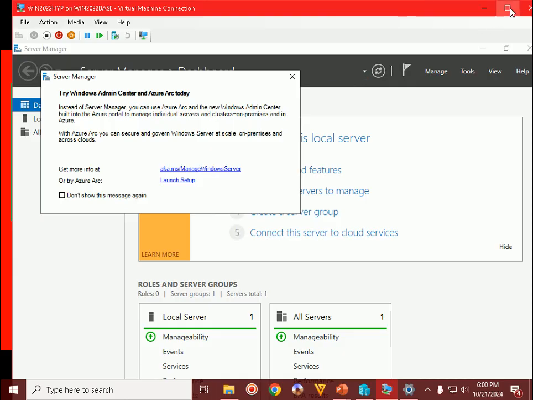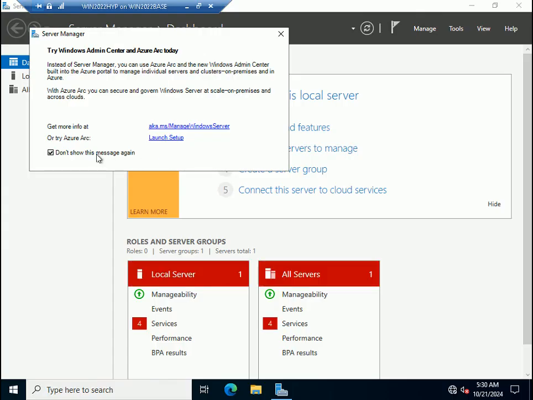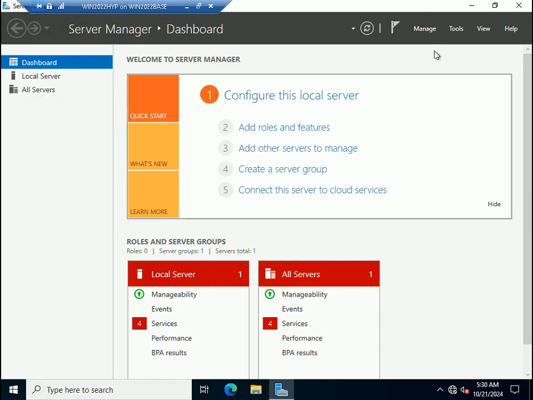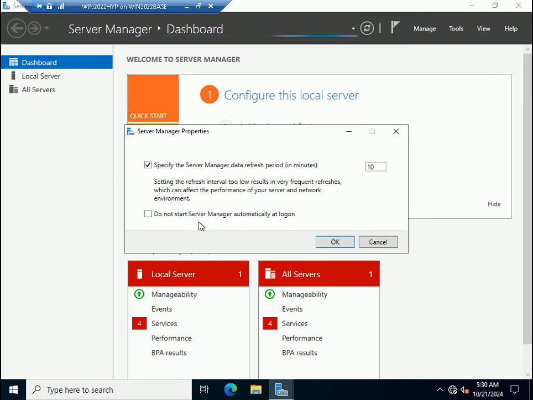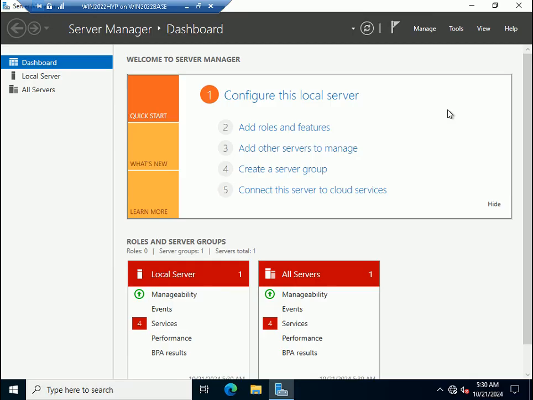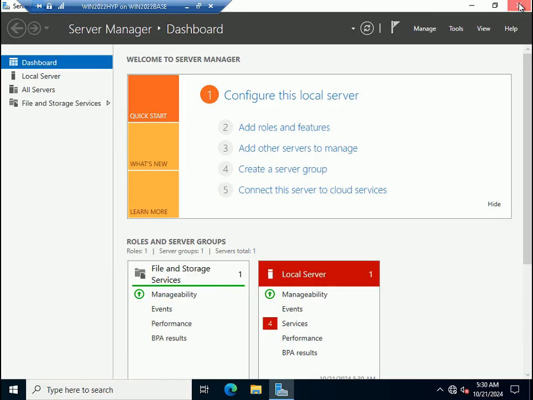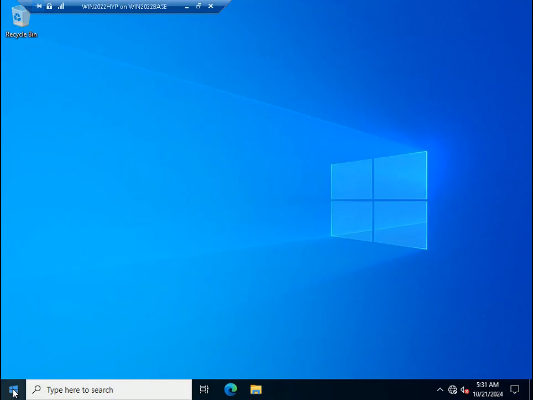Okay. Now the OS has started for the first time, so it is showing the Server Manager console and other pop-up windows. I want to disable it, so I will go to Manage, Server Manager. Do not start the Server Manager automatically at log on. I can open the Server Manager anytime through the Run window or through the Start window. So coming back to our step now,